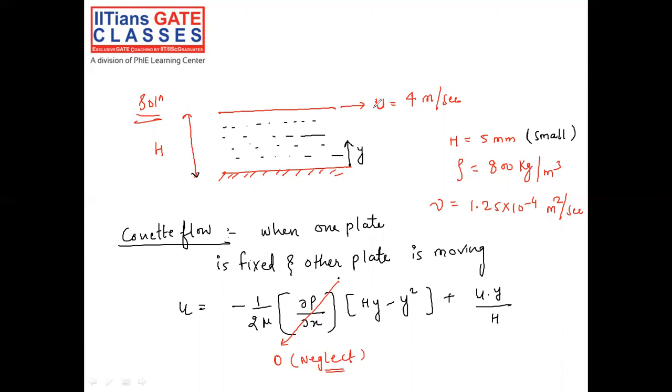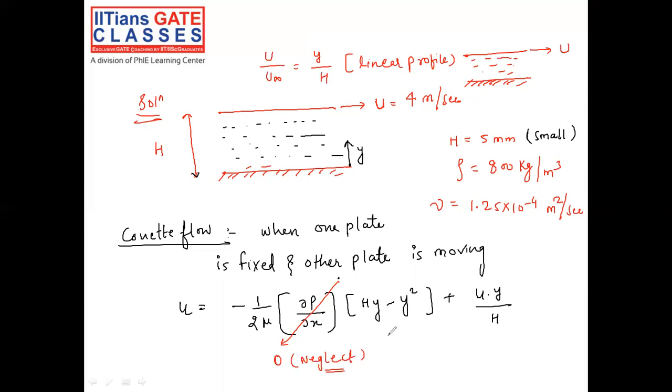So now this problem becomes very similar to the problem we dealt with in the first chapter on fluid statics, where one plate is fixed and the other plate is moving. There is a fluid in between, and the upper plate starts moving with some velocity u. The gap is small, so we can assume a linear profile. Why can we assume a linear profile? Because the gap is very, very small. Even if you assume any other profile, parabolic or cubic, the answer will be approximately the same.